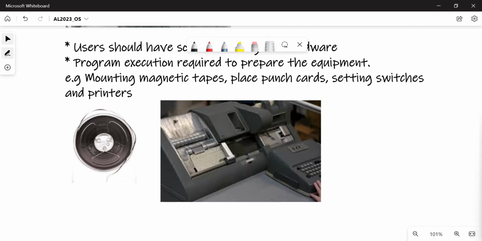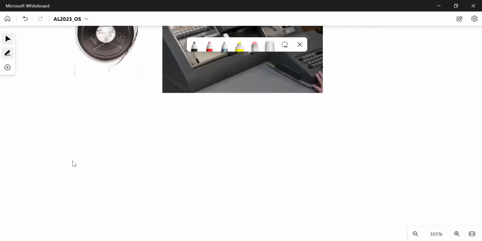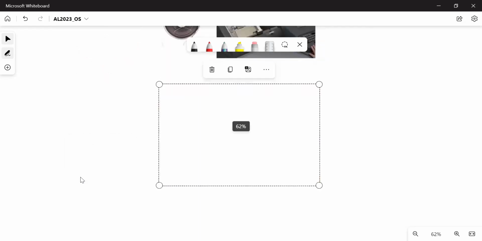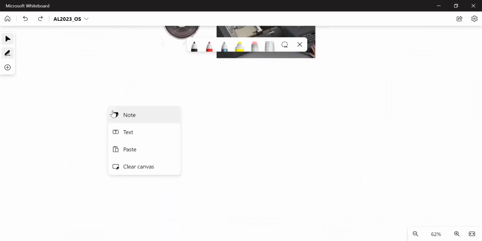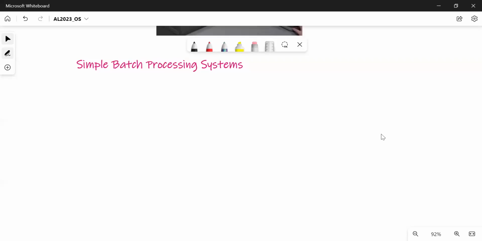Right. Let's move to the second one. Now, the second one is batch processing systems. So the second one is what we call simple batch processing systems, where you work on